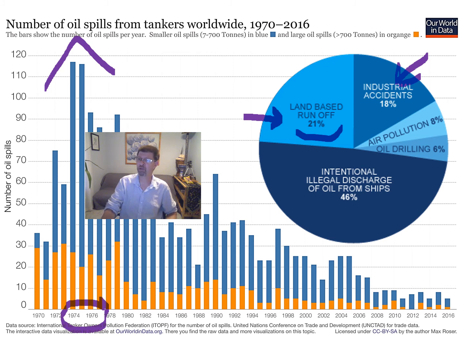Then we have air pollution, which we've talked about, 8%, and oil drilling. I guess maybe that's the floating platform, but the industrial accidents are the ships and the trains and things like that. So the land-based runoff is really bigger than any of those, but the big message here is that if you look at all the oil that's been dumped into the waterways over this period of time, almost half of